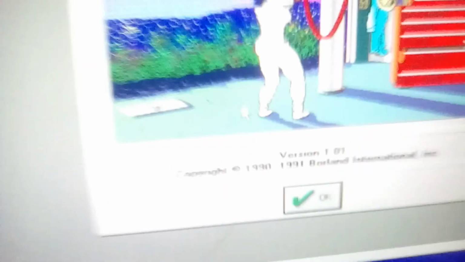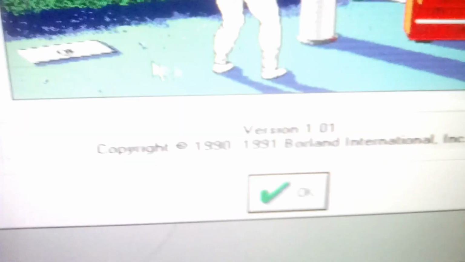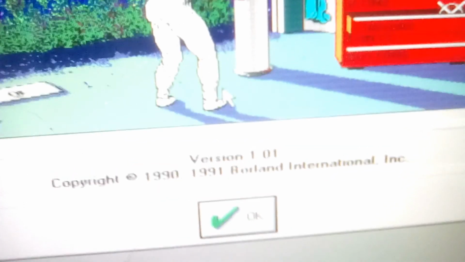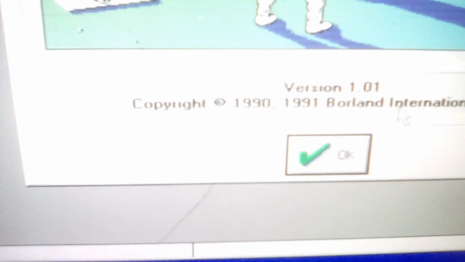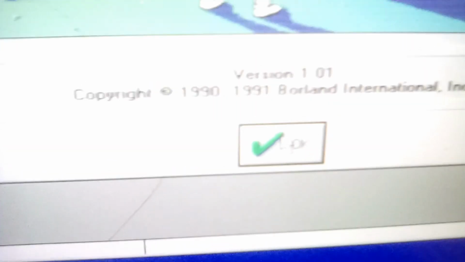Also, this has the same version number as Windows. It's the very first release of Windows, but this is actually a Windows 3 program. I don't know why it says